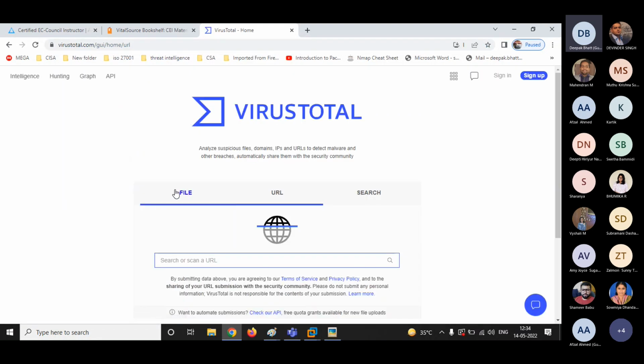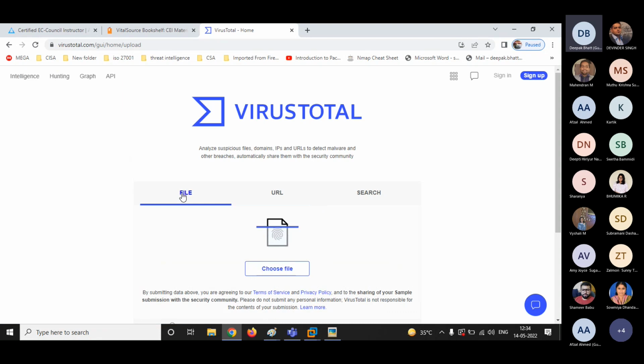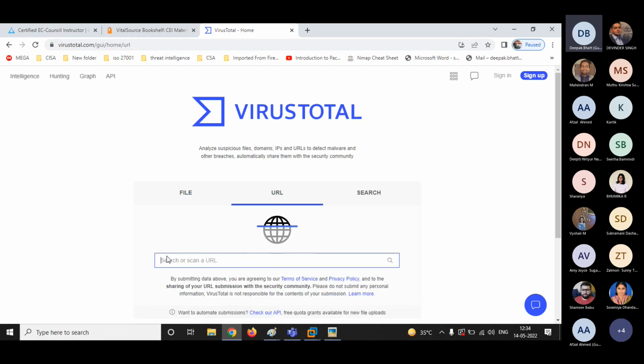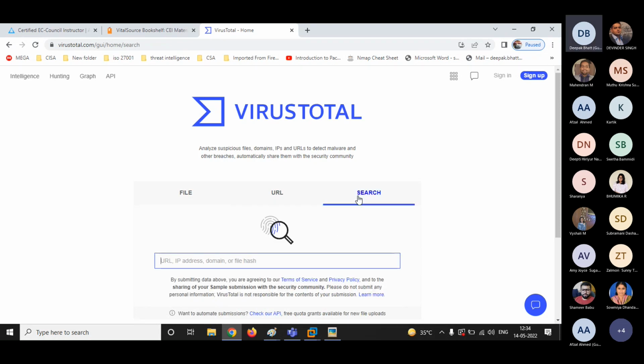Either you can upload a complete file that you have received and check whether that file is malicious or not. If you are getting any URL, go and submit that URL. And if you are getting any IP, any URL, any hash, you can upload it and you'll be getting the result. So this is the best approach if you are getting unnecessary attachments or links in your platforms, or in your mails also. If you're getting it, search that particular thing in VirusTotal.